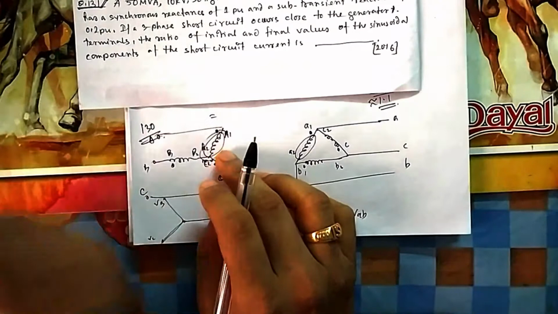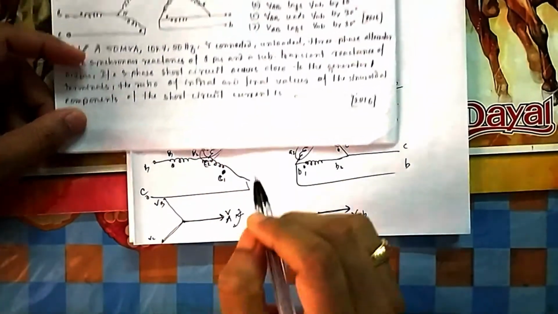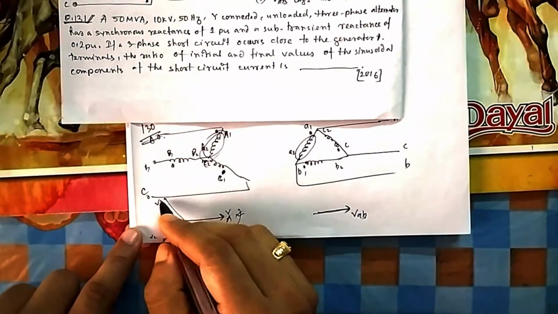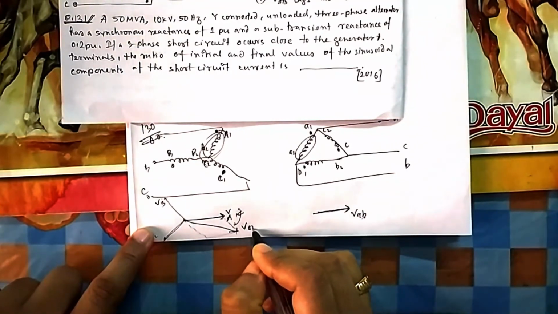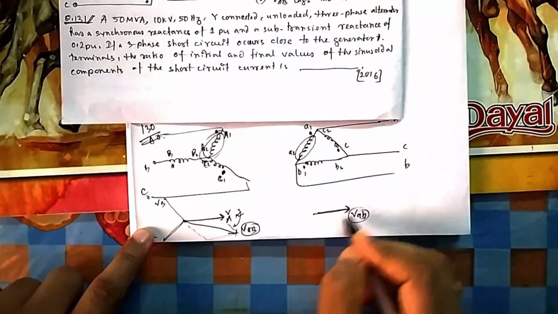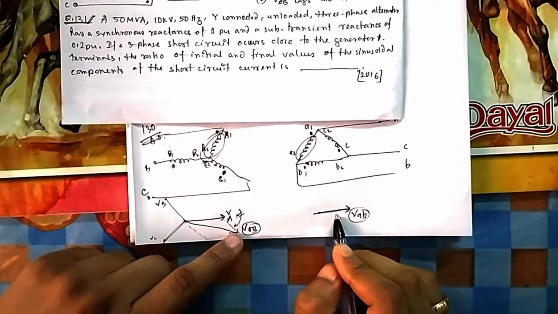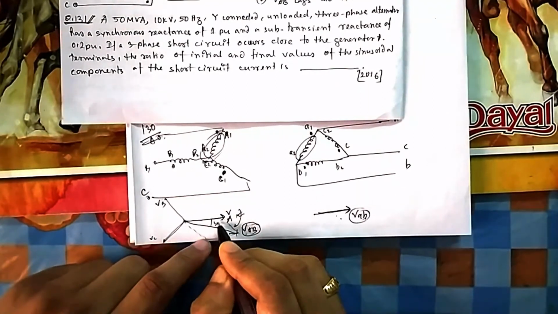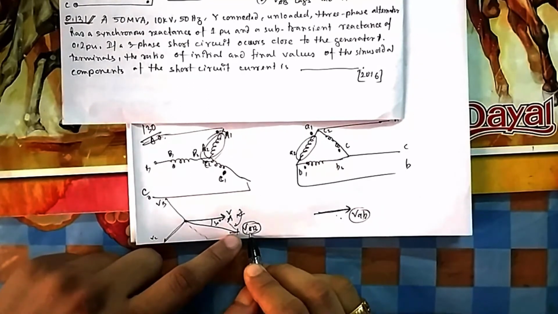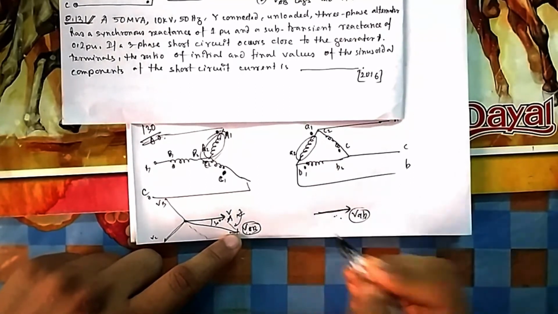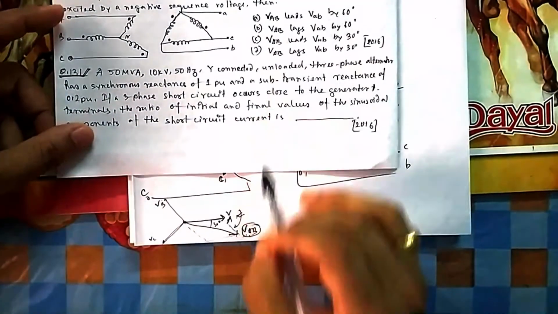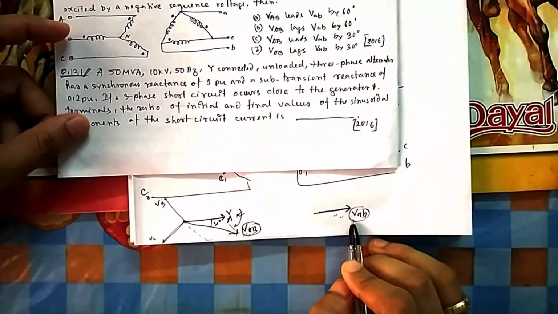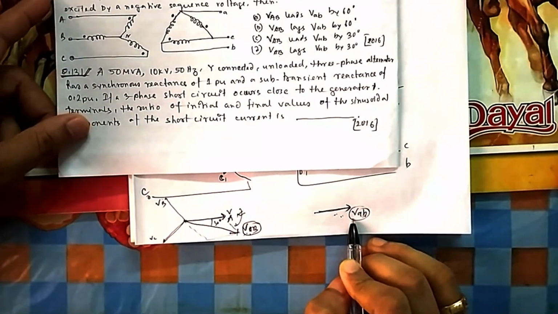Now they are asking the relation between this VAB and here VAB. So here what will be the VAB? VB is here. So VAB will be somewhere here. So now you can easily relate. So this voltage and this voltage, what is the relation? Which one is leading? This one is leading this one by 30, and you know this angle is 30. So this VAB lags this voltage by 30 degrees, or reverse, this voltage is leading this voltage by 30. So here it is written in terms of, this is lagging the voltage VAB by an angle of 30 degrees. That is your option D.